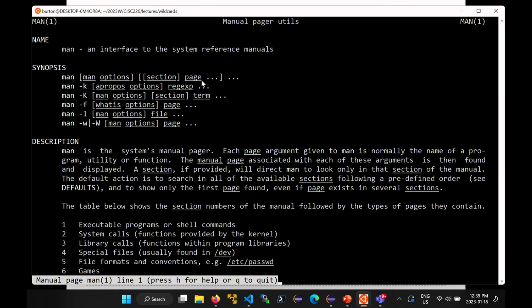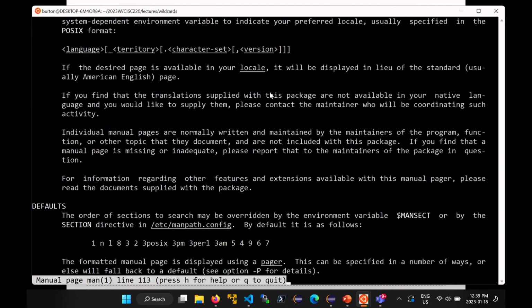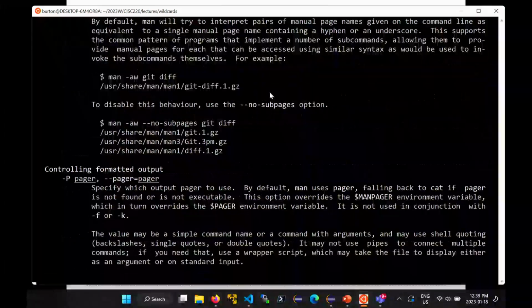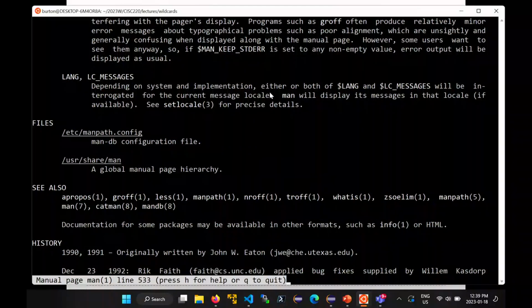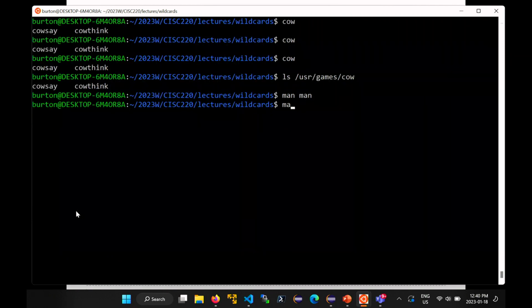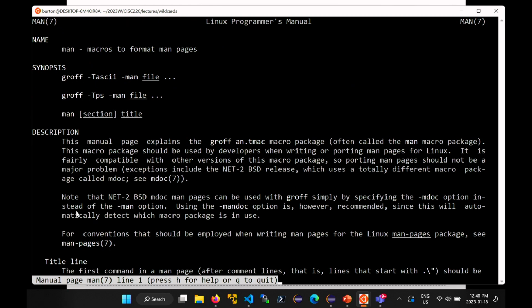Sometimes you have to specify the actual section in which to look, right? And the way you do that is with a flag. So man, and then the section number. Right? So let's see if we can just, I'm just going to scroll to the end here. See also. At the end of the standard man pages, there will be a section of related commands. You can see here, there's another man page in section 7, right? And so if I type in man 7, I get the man page for the other section, right? Which isn't useful for us here,